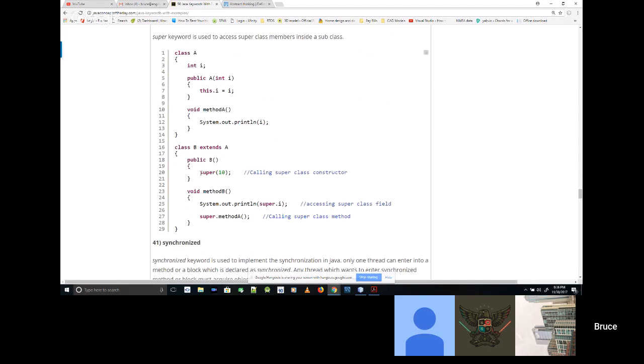Super means that you're wanting to talk to the parent. So the superclass, the subclass. Your parents are the superclass, you're the subclass. If you called super 10, you're basically saying, I want my parents to do it, please. But if you're calling yourself, then you're saying, I want to do it. So this super 10 actually calls the constructor of this. And the reason you're allowed to call your parent is because you extend from your parent. Does that make sense?